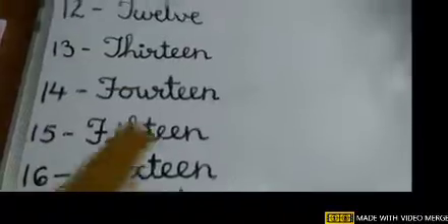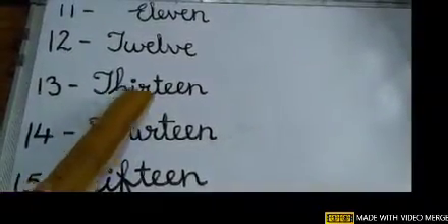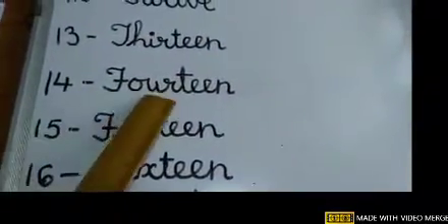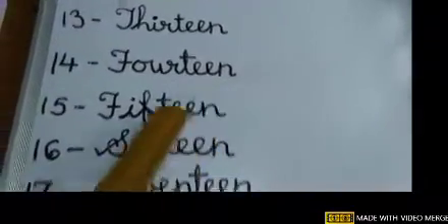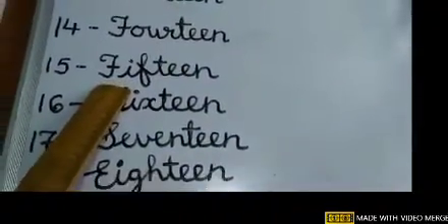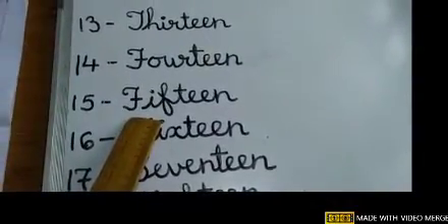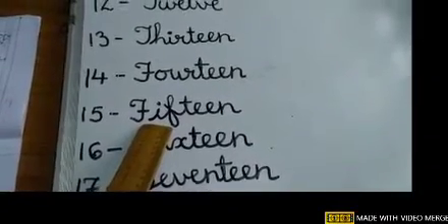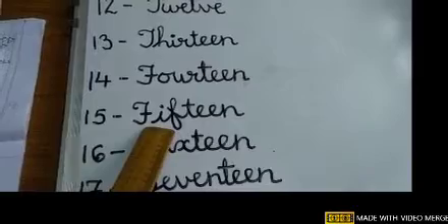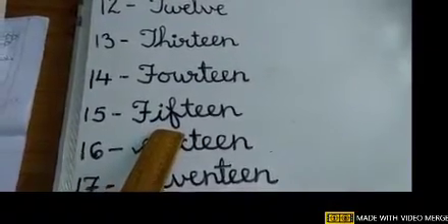See, you have to learn just the spelling of 13, T-H-I-R, third, and then teen. You have to join teen. Then for 14, you should write the spelling of 4 and then join again T-E-E-N, teen. Then 15, many children make mistakes while writing the number name of 15. Many children, while writing in the exam, write it wrongly. So it's wrong. The other is the correct spelling.